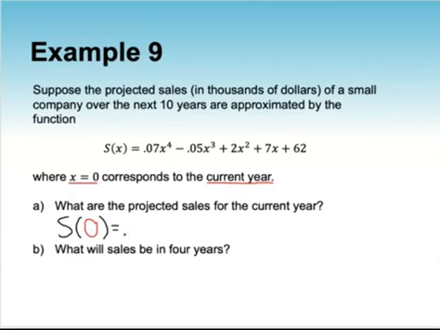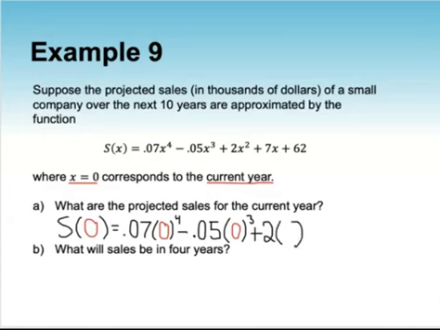So that's going to equal 0.07, instead of x to the fourth, it's going to be 0 to the fourth, minus 0.05 x cubed, but instead of x, we're going to put 0, plus 2x squared, but instead of x, we're going to put 0. So it's going to be 2 times 0 squared,